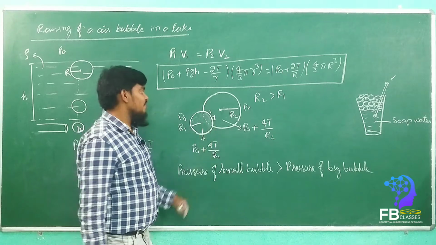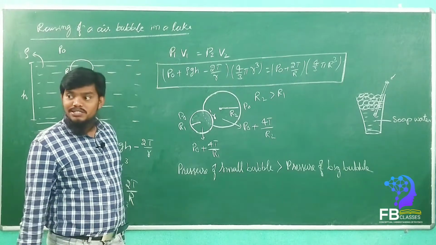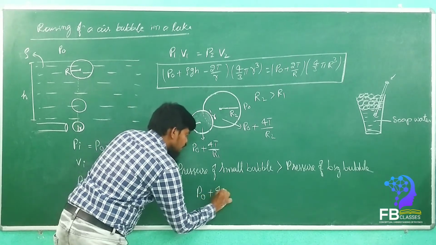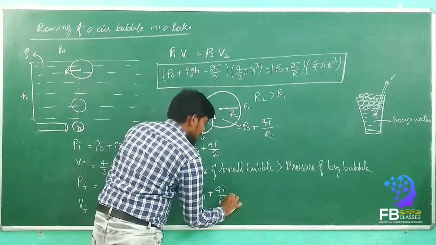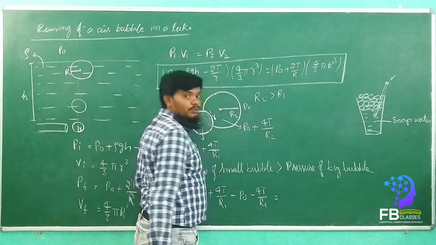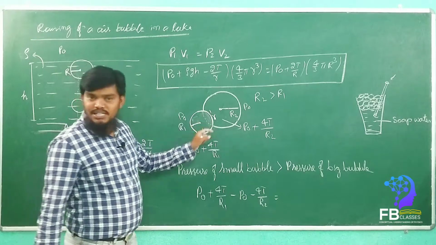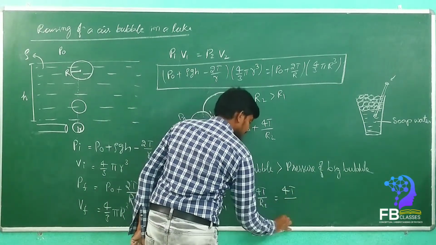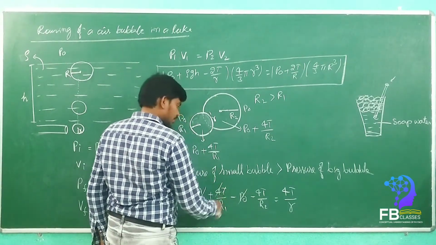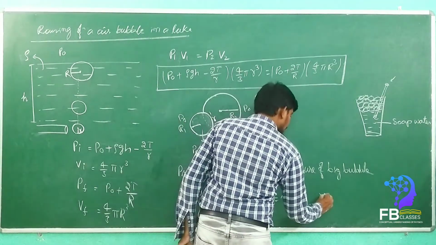Let's consider the radius of curvature of this boundary line is small r. Can we find out the small r? Yes, we can find it very easily. The pressure difference, P naught plus 4T by R1 minus P naught minus 4T by R2, is balanced by the pressure of the curvature. That means there is 4T by small r. Got it? Here P naught gets cancelled, 4T gets cancelled. Now we can find out very easily, r is equal to how much, my dears?